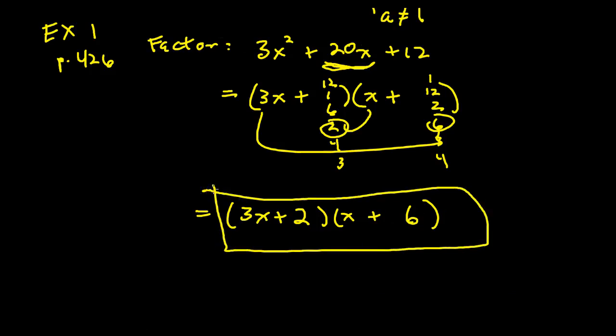All right, so a little bit more difficult. The spirit of these problems is the same. Clearly, this lead coefficient that's not 1 may gum things up a little bit, but with enough patience and practice and trial and error, we should be able to grind through pretty much everything that's thrown at us, right? All right, let's look at example 2. On page 427,